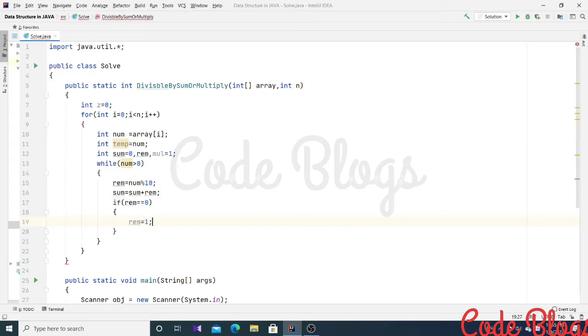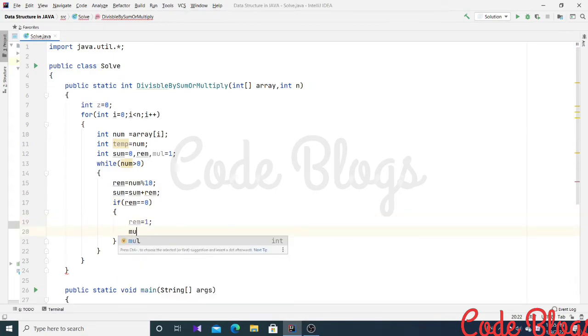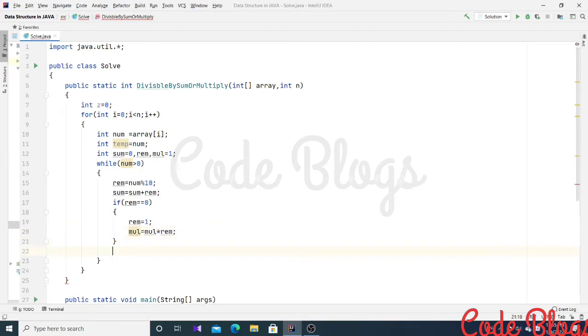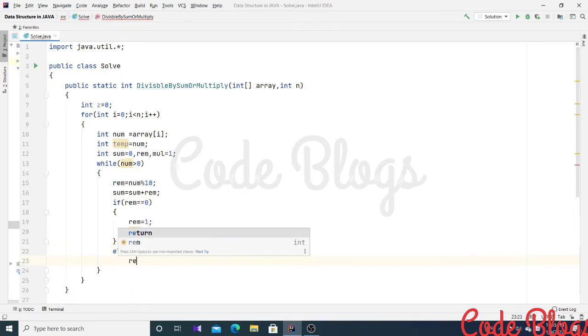So if remainder equals 0, then I have to change the value of the remainder to 1, and then I have to find the multiplication, mul equals to mul into remainder. And inside the else part, if remainder is not 0, then I have to find just the multiplication equals to multiplication into remainder.